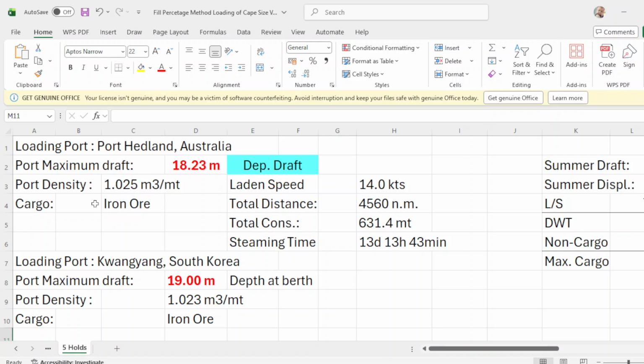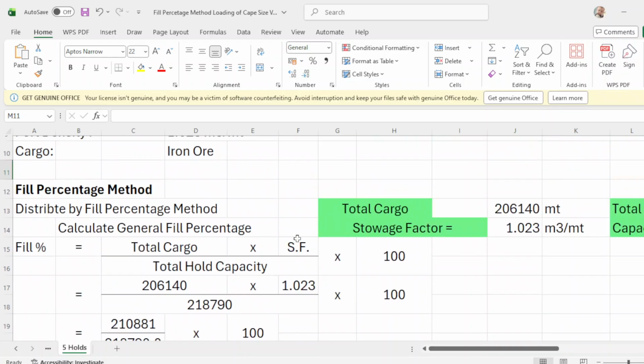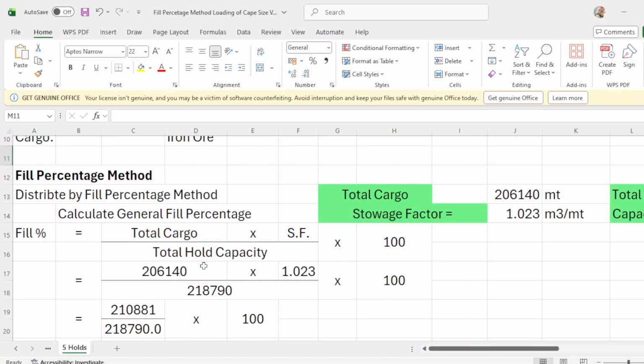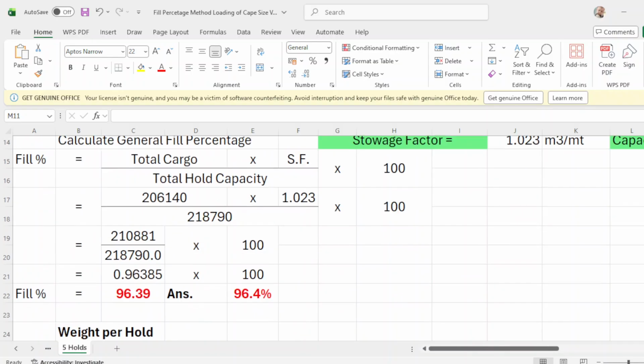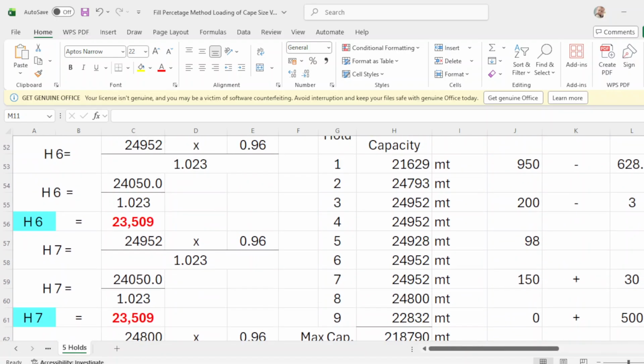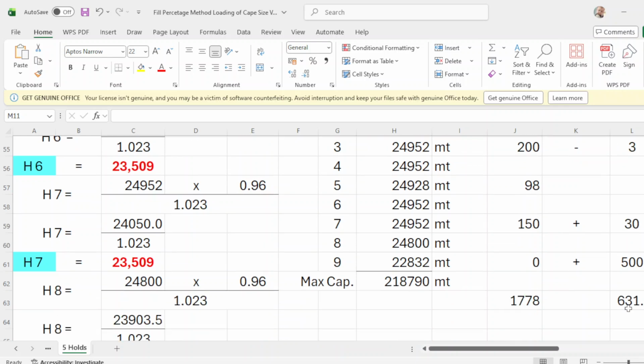Let's say your storage factor of your cargo is 1.025, assuming, okay, and your total hold capacity is how much? Is this one, from 1 to 9. Your total hold capacity is 218,790. Okay, from 1 to 9.